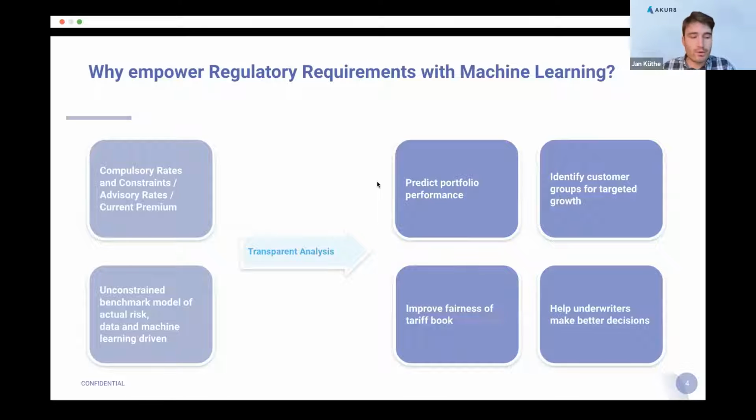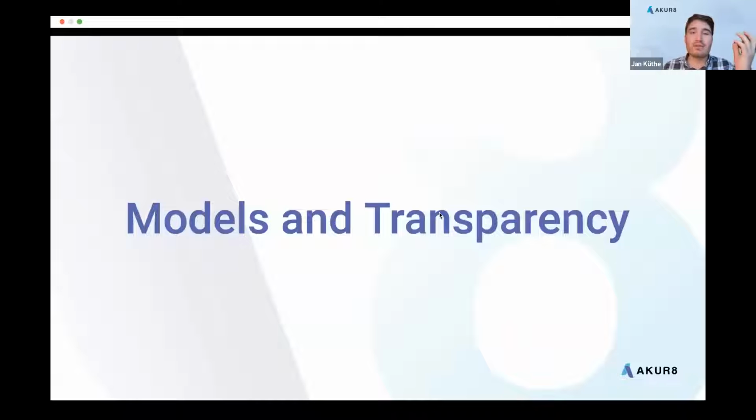Okay, so with those ideas and use cases in the back of our minds, why you might want to move on and use machine learning techniques to understand your portfolio, let's talk about the two major points we as actuaries think are important when you want to enrich your arsenal of tools.